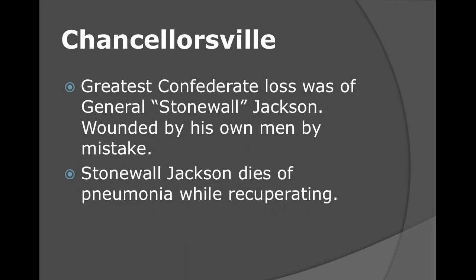The greatest loss at Chancellorsville is going to be the death of Stonewall Jackson. Jackson is going to be on reconnaissance on horseback. He's going to come back at night. There's going to be a picket or a group of Confederate men that are looking for the Union to try to maybe sneak into the Confederate camp, and they're going to mistake Jackson for being a Union soldier, and so in the middle of the night they're going to fire, and they're going to wound him in the arm.